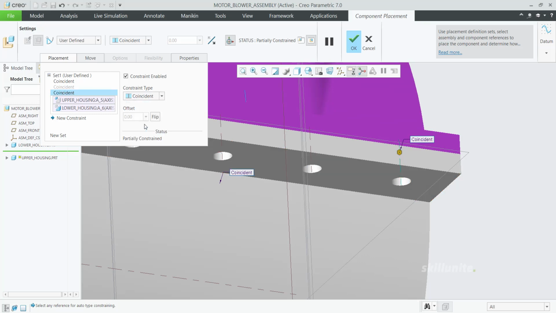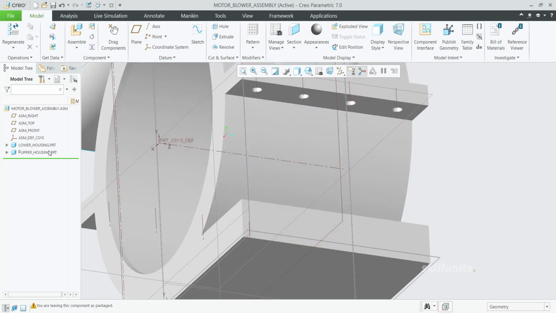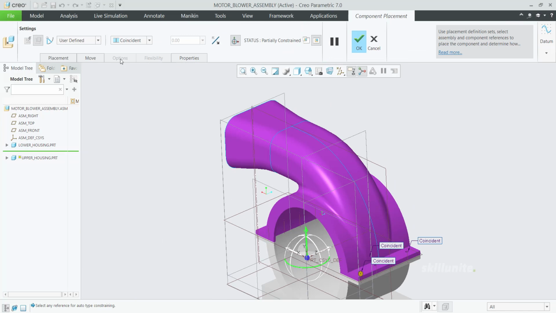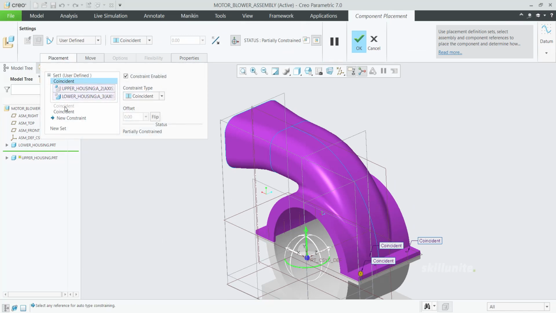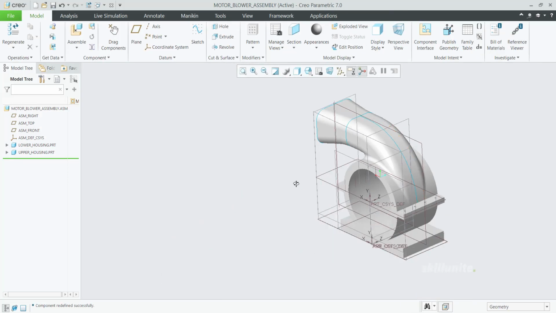Anything is fine. Now you can click OK. The component has some degrees of freedom, so let me go back to placement. Right click and click on enable. Previously it was in a disabled state, so now we have enabled it. Then click OK.